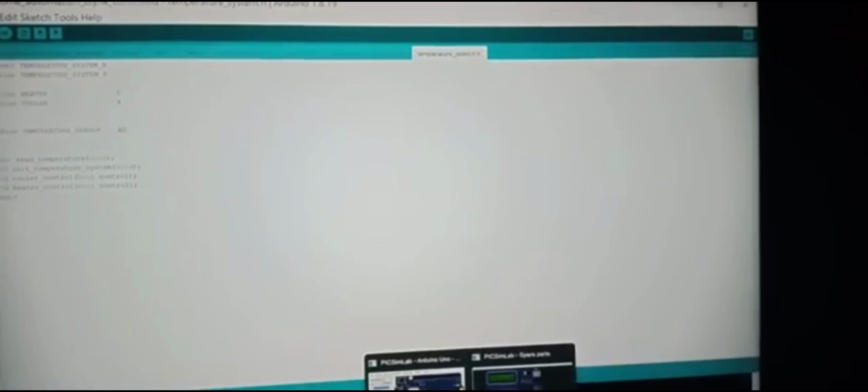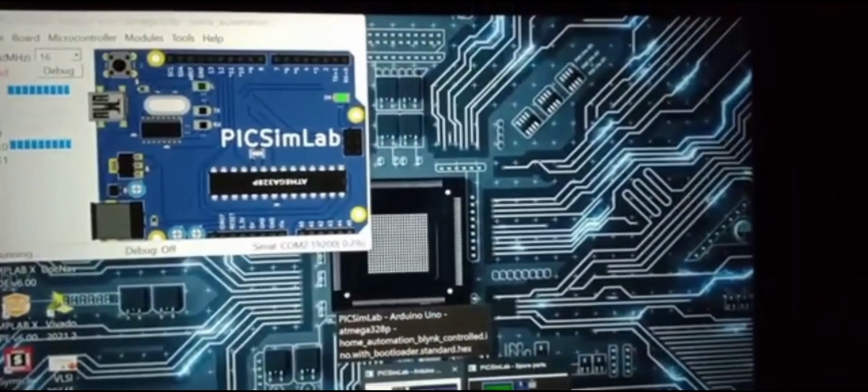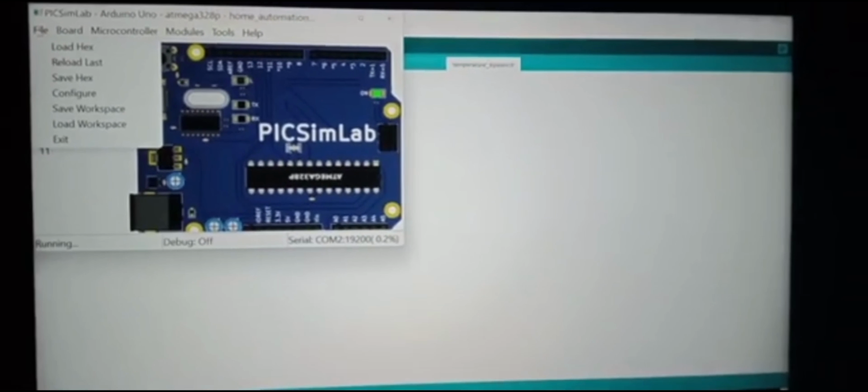By using these LDR, serial tank, temperature system, main.h, and home automation Blink control files, we are going to implement the project.